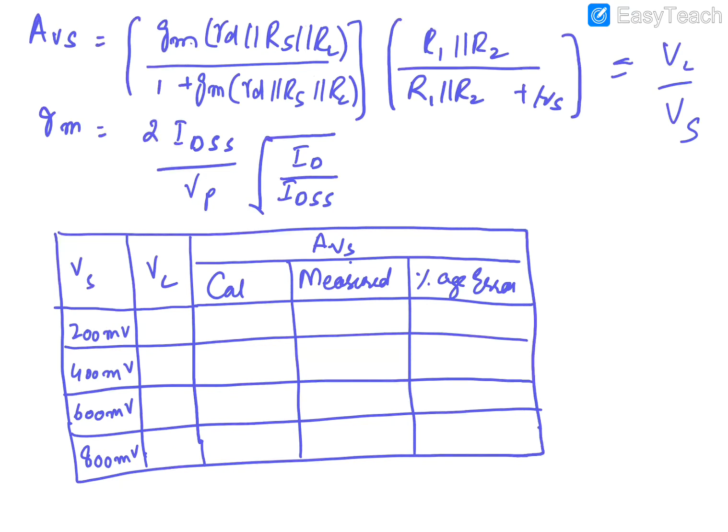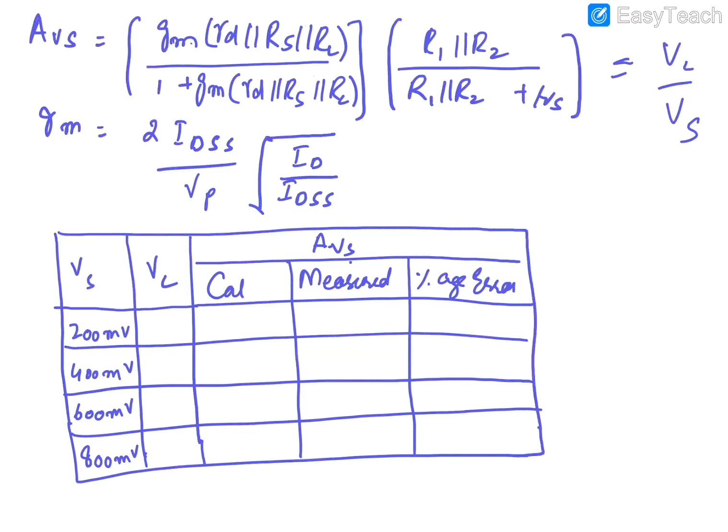Also you can note from this formula that the value of gain in case of common drain amplifier will be less than or equal to 1. In the ideal case it will be equal to 1, otherwise it will be less than 1. So the common drain configuration, with voltage gain almost equal to 1, can be used as a buffer because it has very high input resistance and low output resistance. So it can be used as a buffer in circuits.